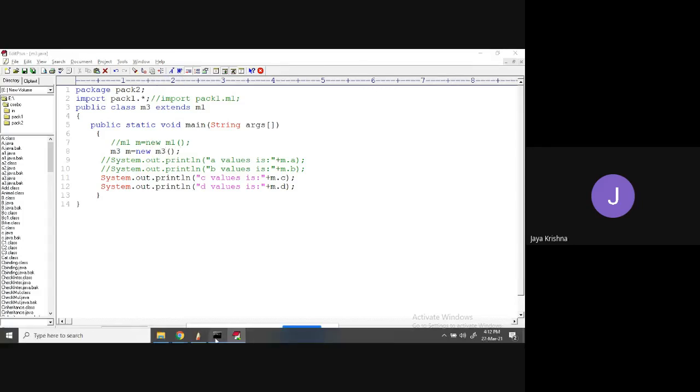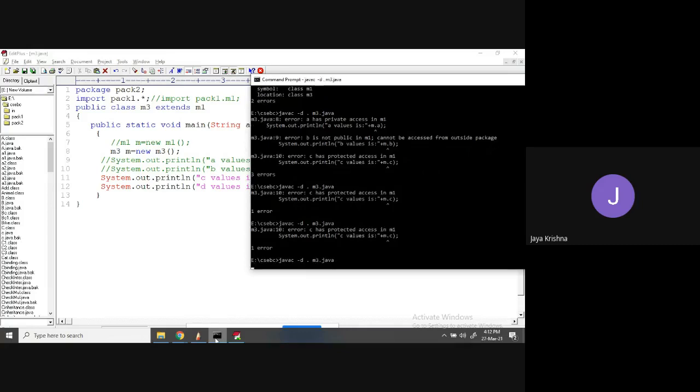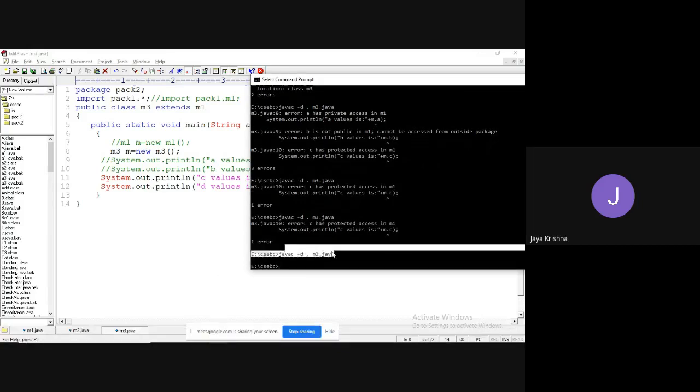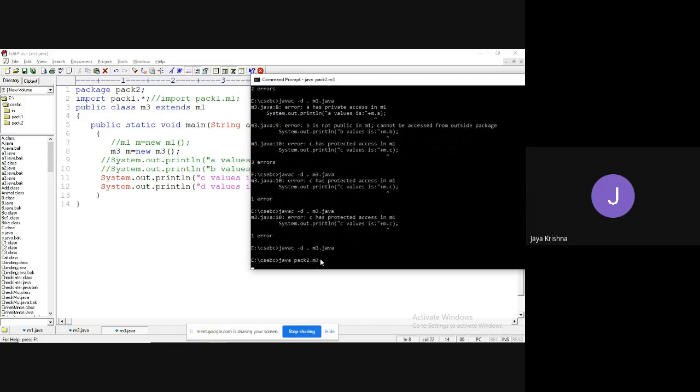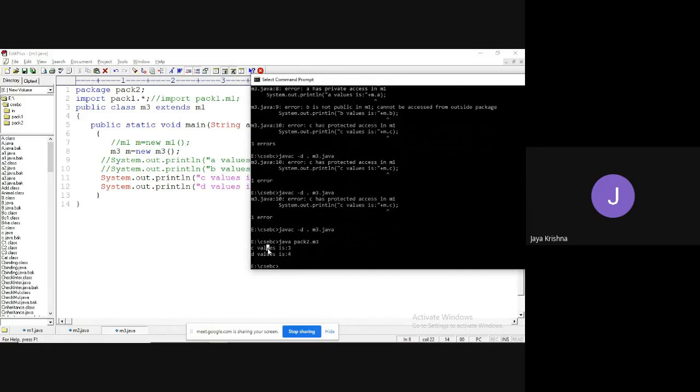This is the principle of protected. So outside the package, you can access C. You didn't get any error. If I execute, Java, I need to give the package pack2.M3. C value is 3, D value is 2.